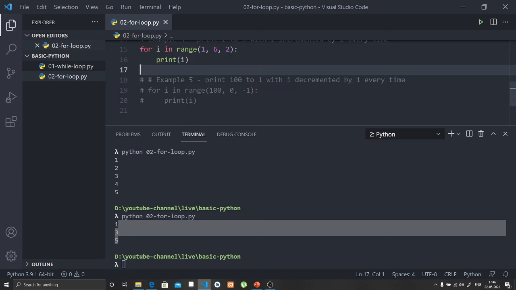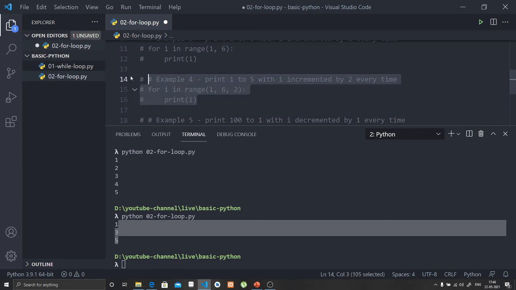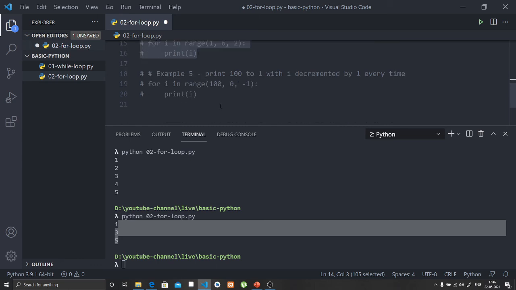Before going to the last example, we will comment out this portion and uncomment this part.